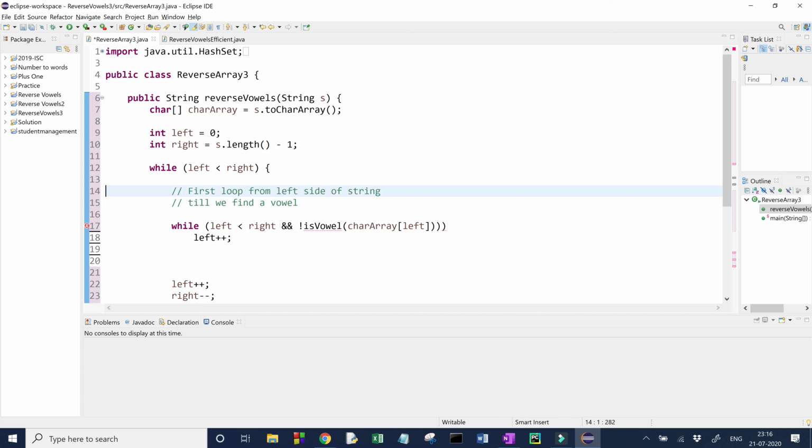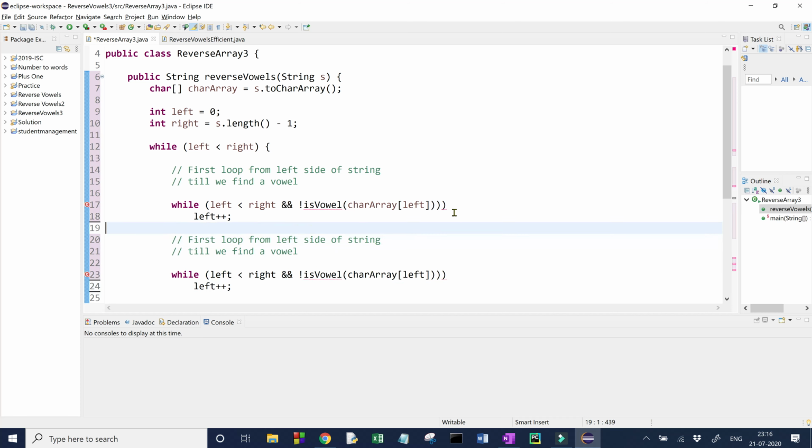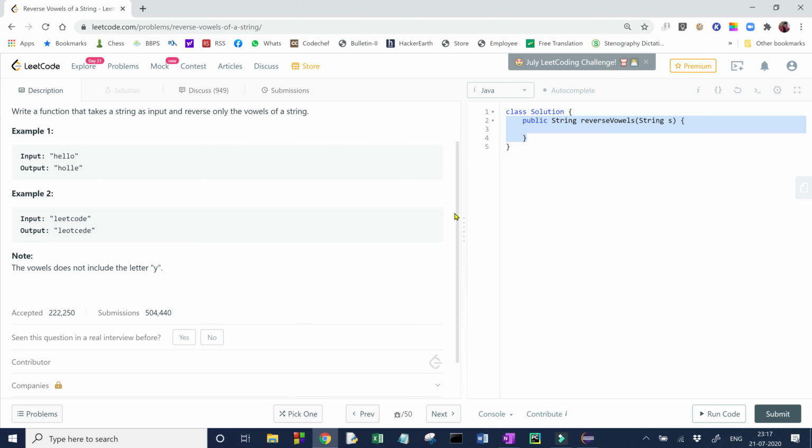Now the same thing I have to do from the right side. Now this is the second loop, from the right side of the string till we find a vowel. This part will remain the same. We will just reduce our right with right minus minus, and here I will check my right.